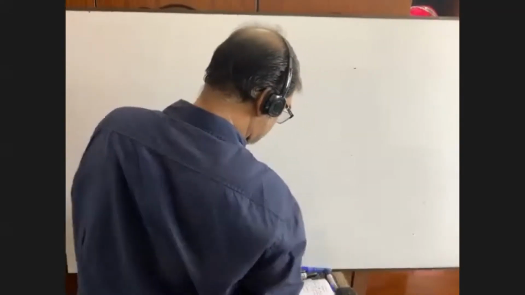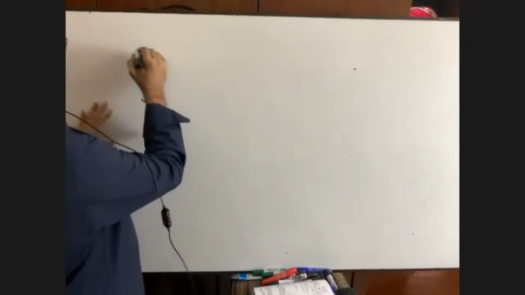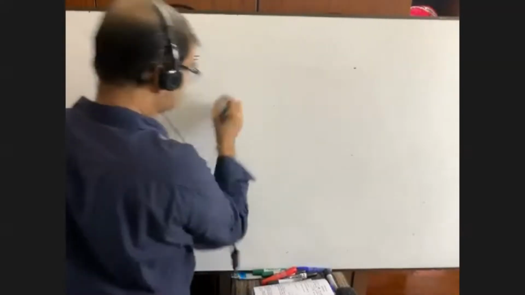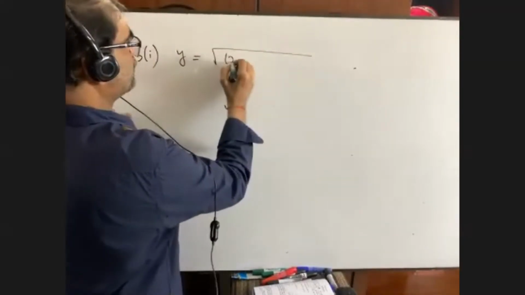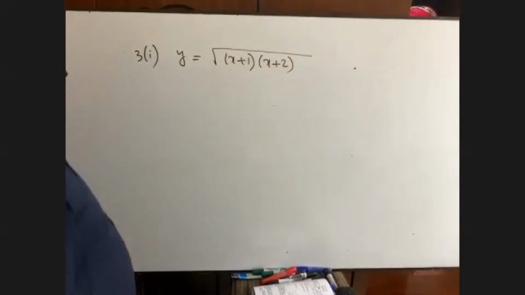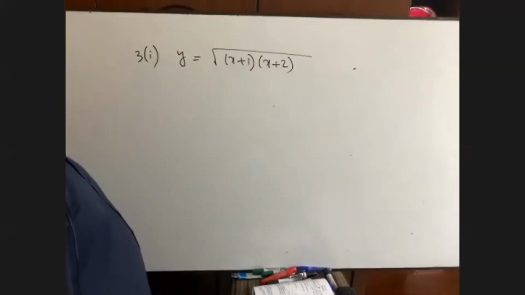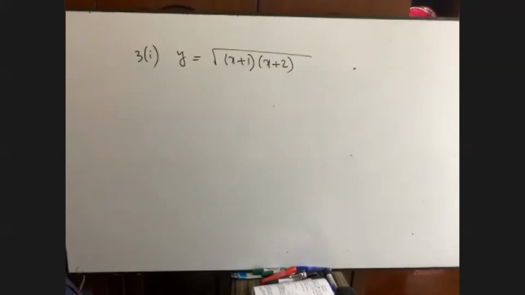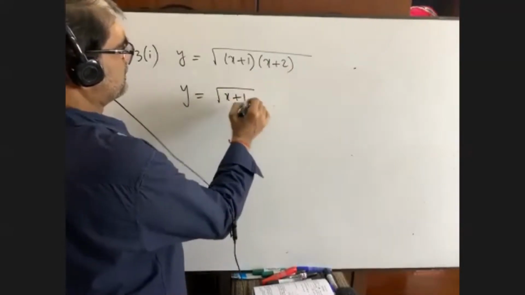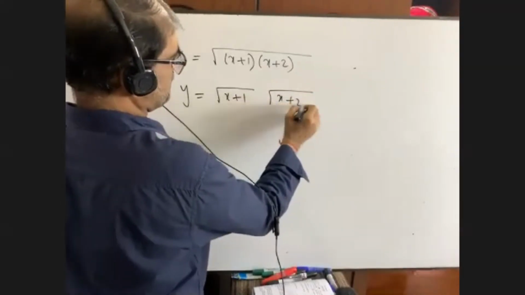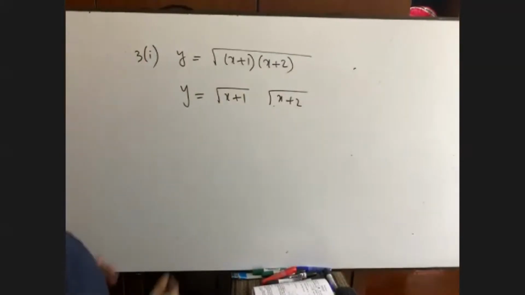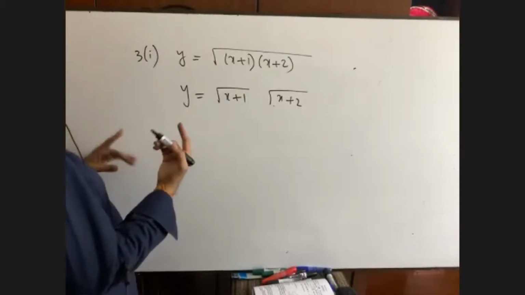Now see the next math, question number 3-1. y is equal to root over x plus 1, x plus 2. What will you do? Let me know. This math can be done. We have to apply ln, right? Now just wait. Suppose I can write it like this, root over x plus 1, root over x plus 2. Now we can do, it is u, it is v, right? But if we do, then the math will be done in one line, not two lines.